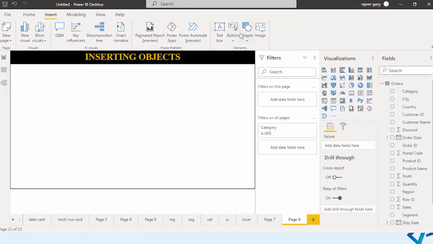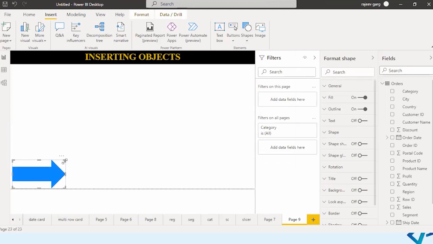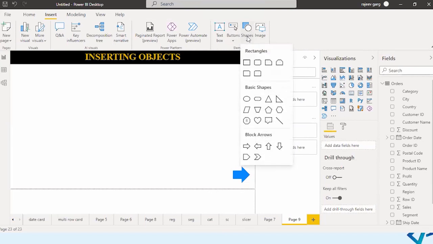Okay. Then you have some shapes. If you want some shapes, you can add the shapes. Like let me take an arrow over here. I am taking one shape as an arrow. Let me resize this. Let me put it into the shape, and any shape you want.